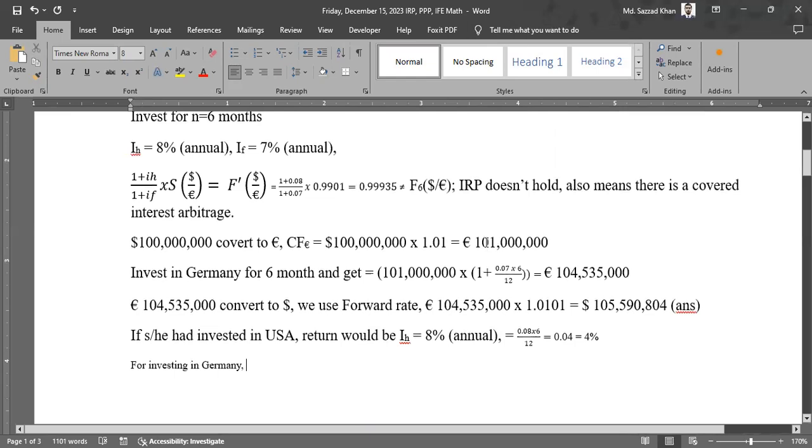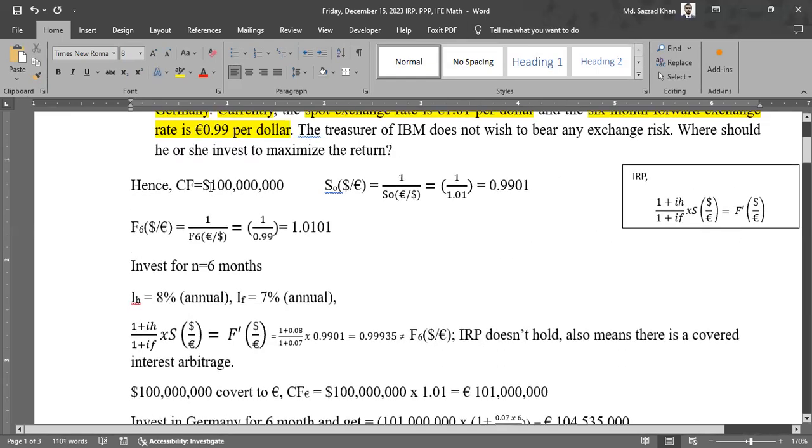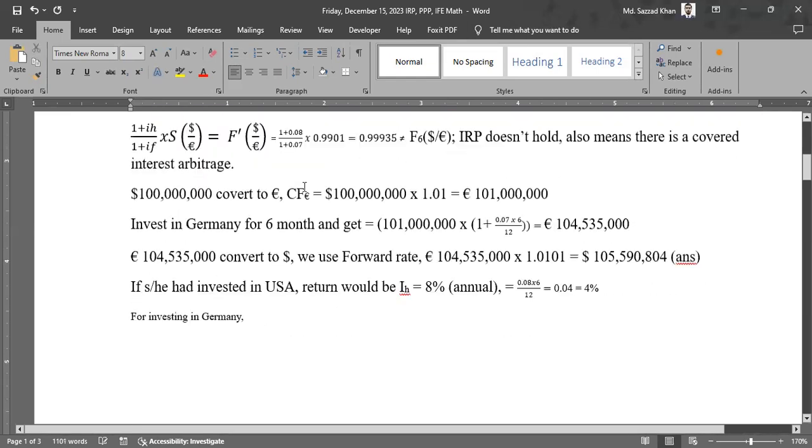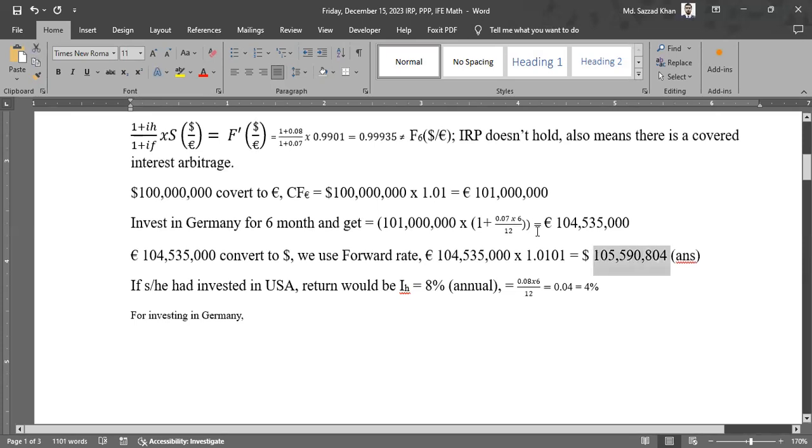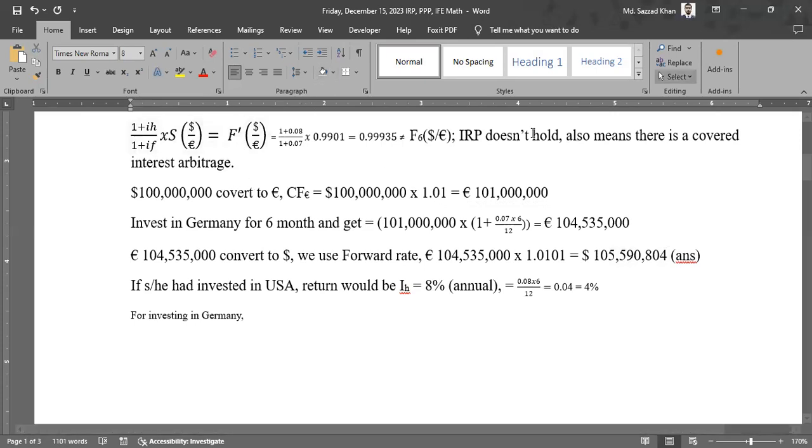We need to see what was his original amount. He started with this. He got this, right? So ending balance divided by beginning balance minus 1. The return was